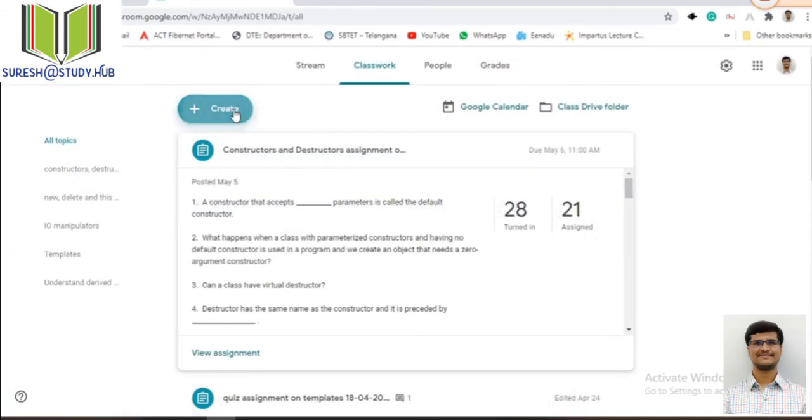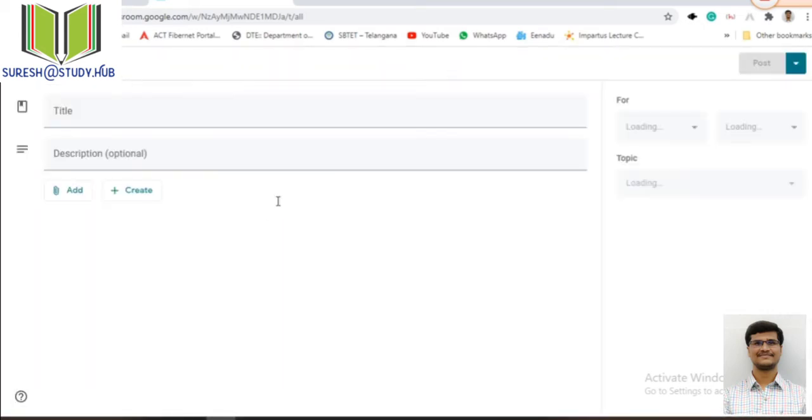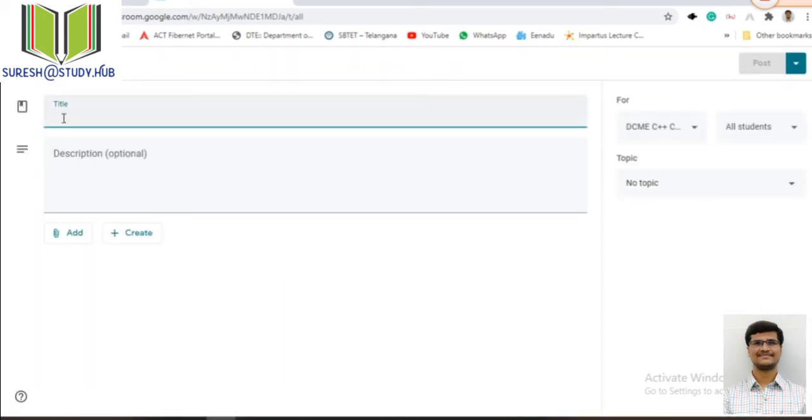And one more type of assignment, material. If I want to post some material, then I can post a material section. So what is the title, and I can add that material from the Google Drive, or if you created your own YouTube video, then I can also give that link over here. I can give some materials, books through this file, or I can share some PPTs within the material section.